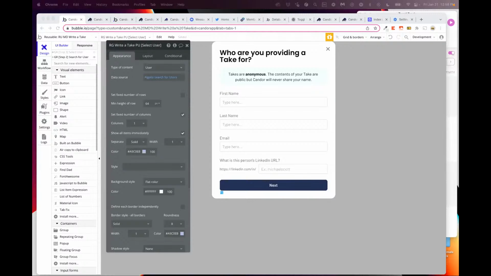Like link them together. Can you go back to the actual search function? So when we do search,